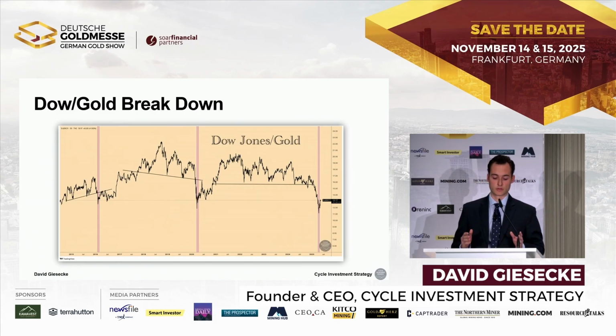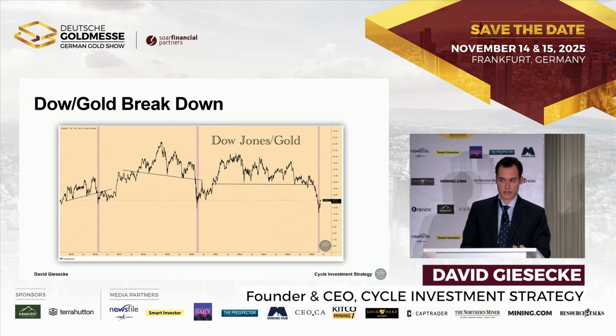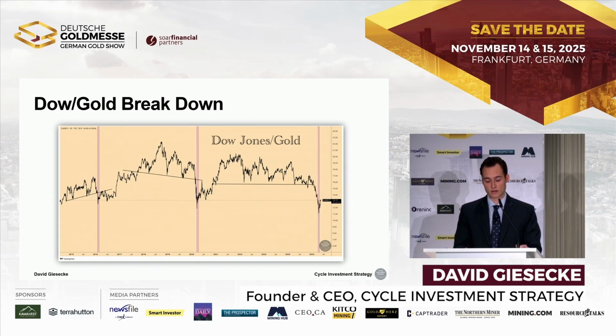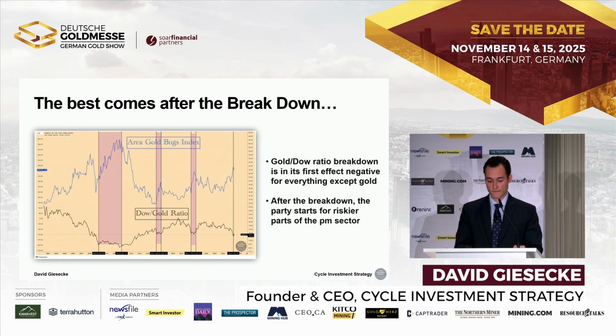flowing out of riskier parts of the market, or in general out of the market, into the safe haven asset gold. And this has occurred also during the COVID crash, when money was fleeing out of stocks into gold, and to some degree also in 2016, and the most important one in 2008. So what is happening after this breakdown? Money has flown out of the stock market into gold. It's actually the most exciting time that is following the breakdown.